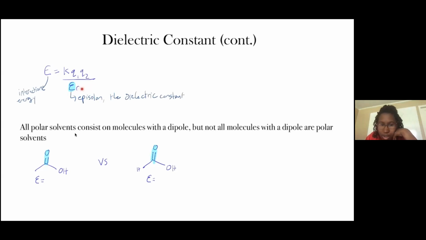This R stands for radius, or the distance between the two charges. And then we have our K constant up here, and we have two different charges right here, which are represented